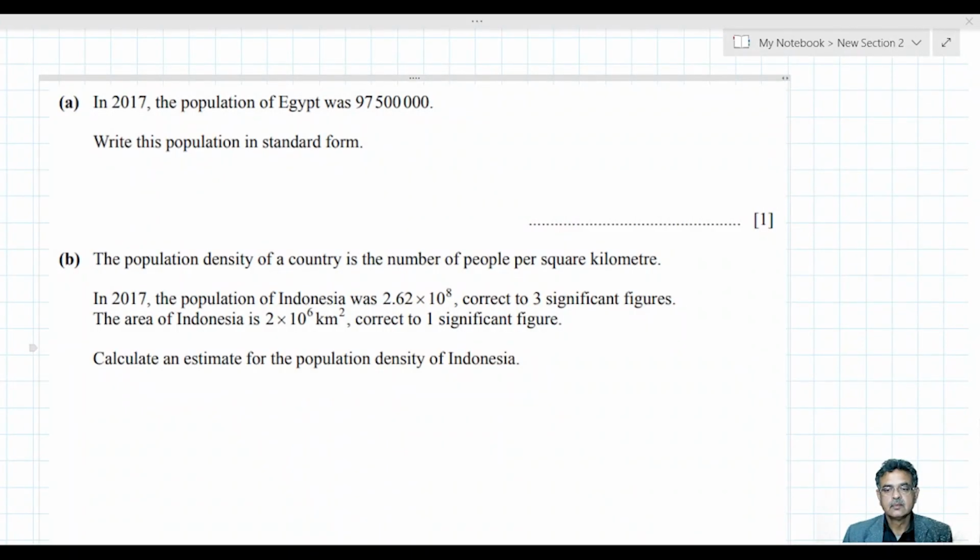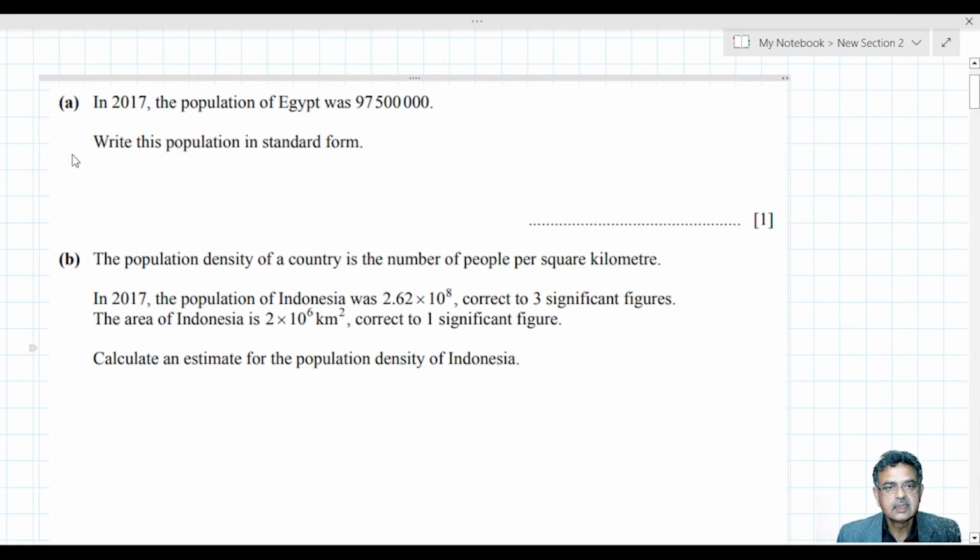Bismillahirrahmanirrahim. Now we are doing topical past paper questions about indices and standard form. So let's see. This is the first question,